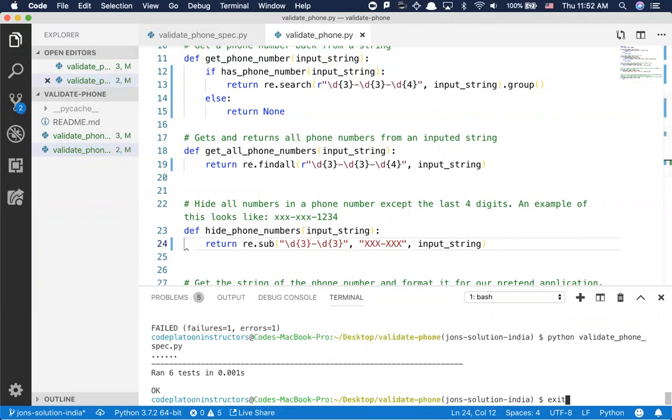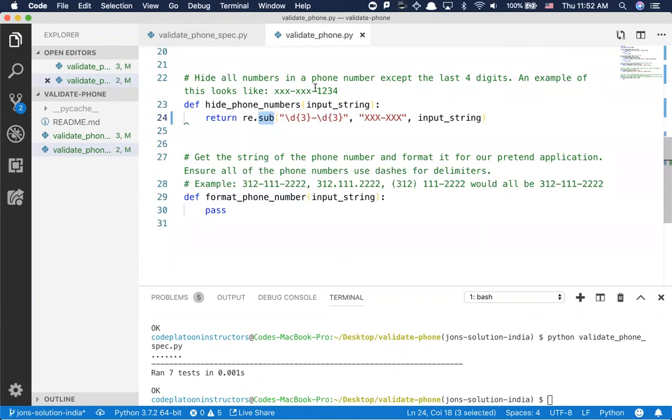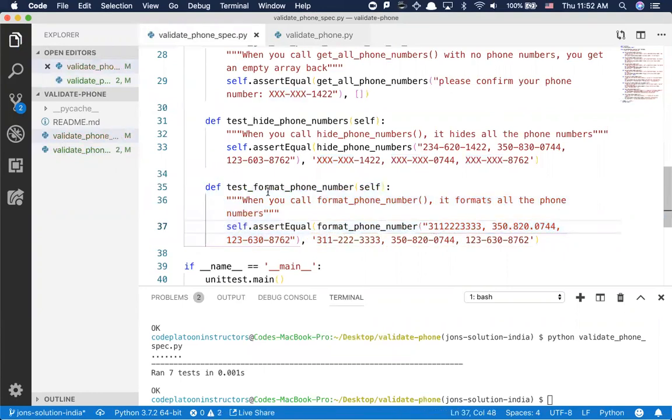Let's see if this works. We'll run the specs one more time. Set and test. Just like that, that one works. So we could have done it both of your ways, but there's also something that's built in. Nice for us. And finally, this last spec that we've got down here at the bottom, we're going to call